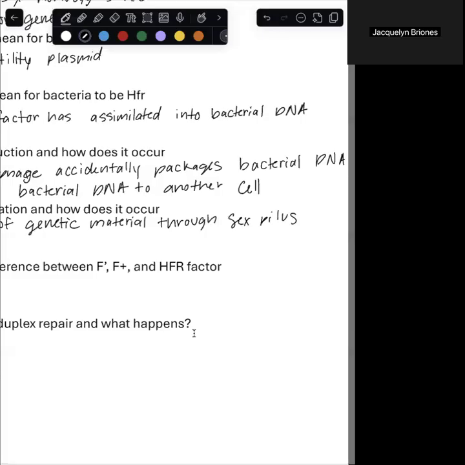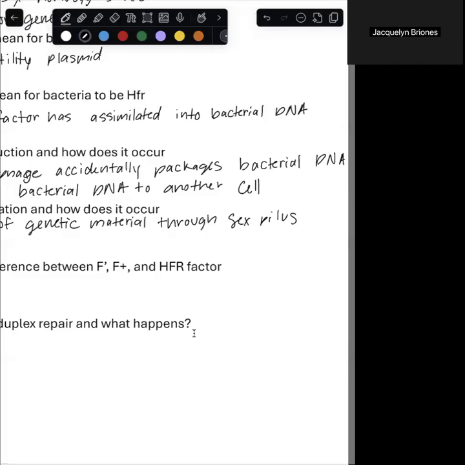So, this happens when a protein called relaxosome binds to the origin of transfer in the F factor DNA. It cuts one strand of DNA. The relaxosome then separates the strands of DNA, leaving relaxase bound, and then the DNA relaxase complex is pumped out of the donor cell